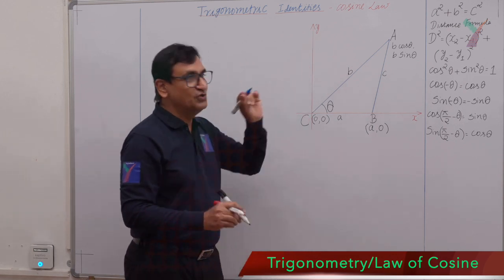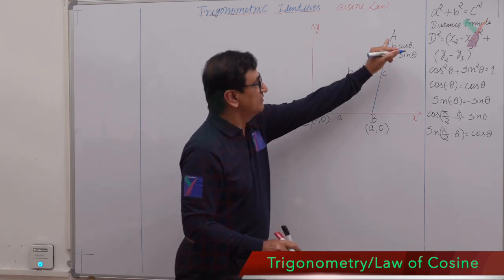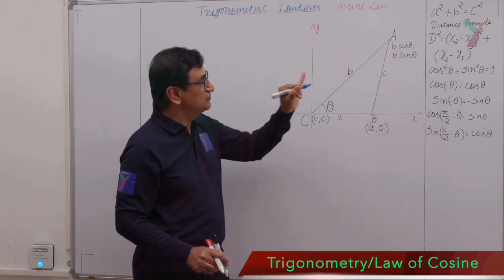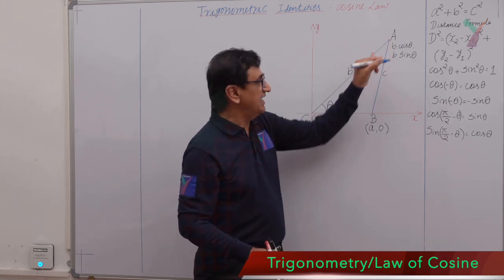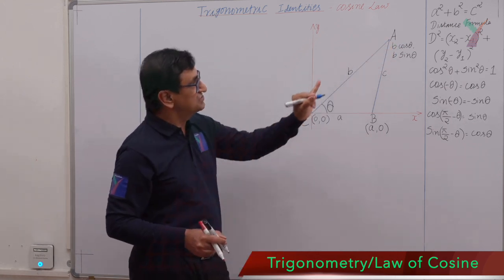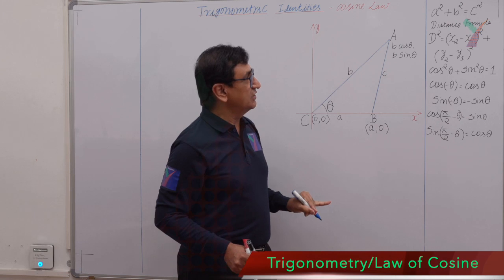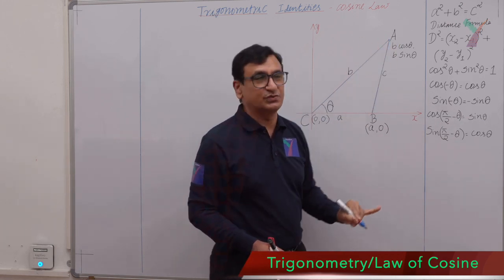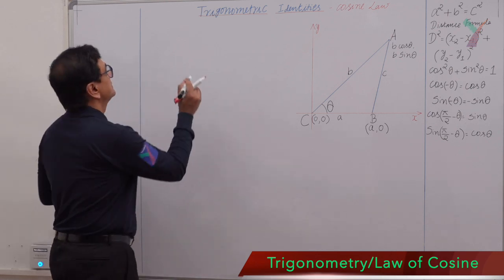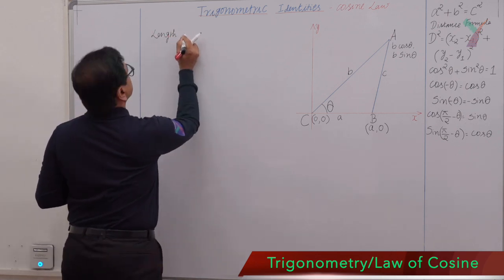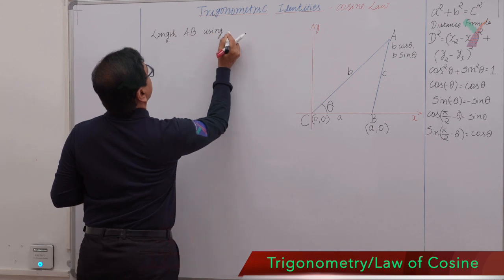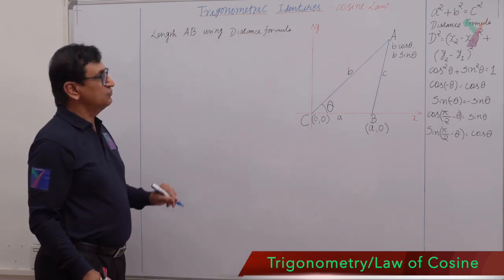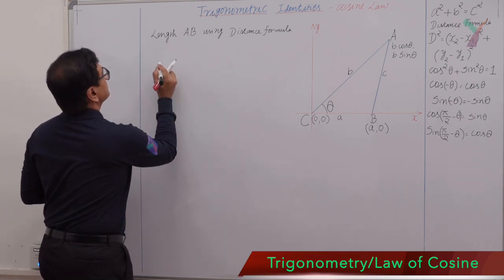Simple. I am going to use the distance formula to calculate the length AB, rather the length c. And I am going to use the coordinates of points A and B to do it. Now, what is the distance formula? It's given here. d square equals (x2 minus x1) square plus (y2 minus y1) square. I am going to apply the same here. Now, AB square